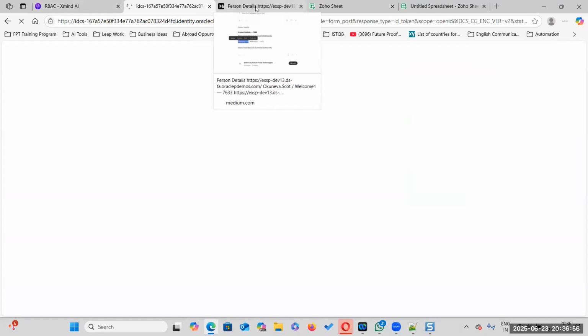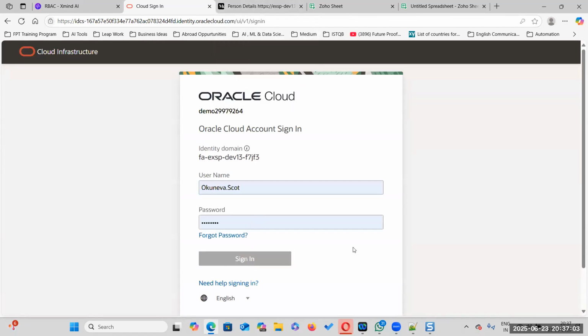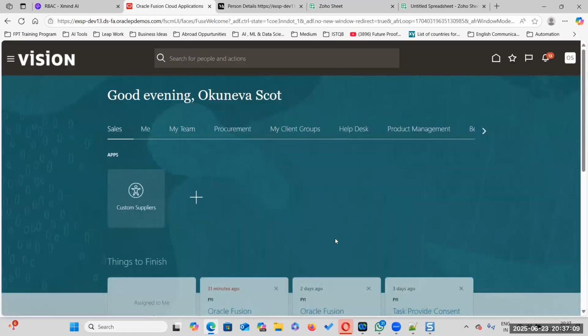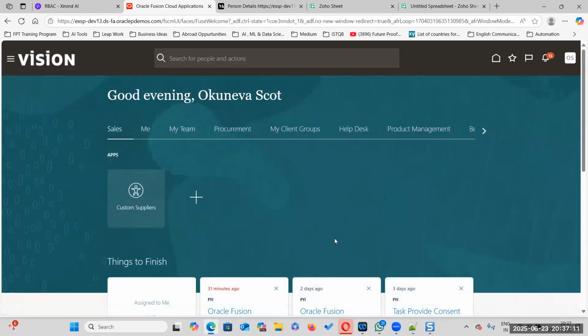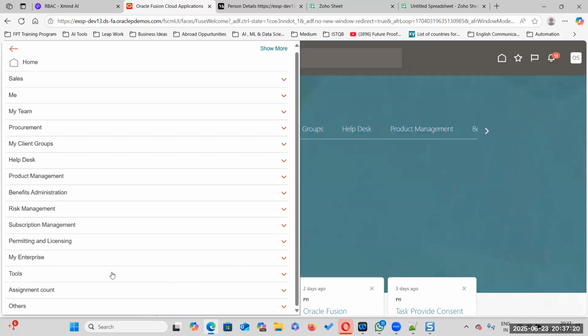I'll ask one more thing. As an HR specialist, can we go and add a particular role in security console? No, sir. Implementation consultant can go and add. Role cannot be added by HR specialist. Even implementation consultant also cannot go to security console. Security console is the highest security.